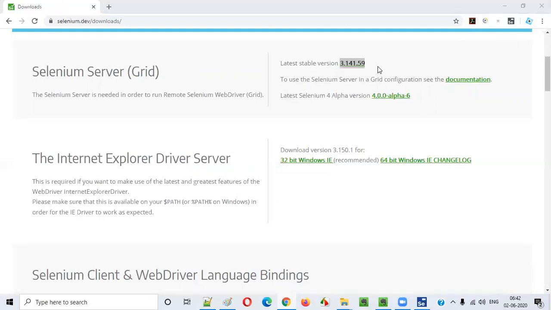Yes, you are right. The latest stable version of Selenium, 3.1, will be good, because all the new features that are there in the Selenium 4 alpha versions will also be there in Selenium 3. You don't have to go with alpha versions because they may have some bugs. This is stable, so we can simply use it.